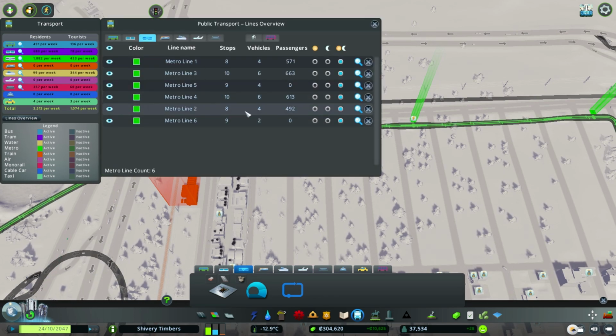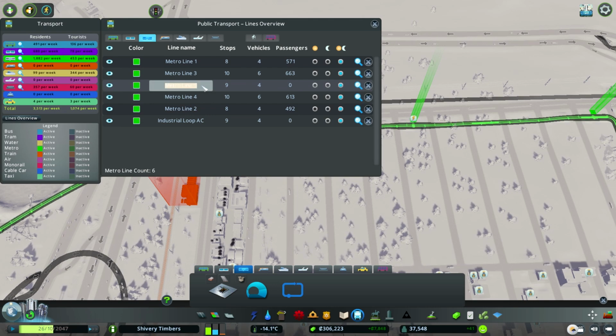Like, where are we? What are these ones that I've just placed? There's one. This can be industrial loop 1, loop anti-clockwise. And then, is it going to be 5? There it is. Industry...